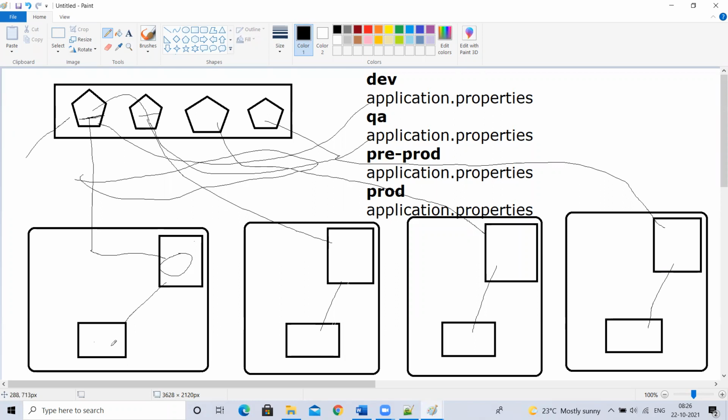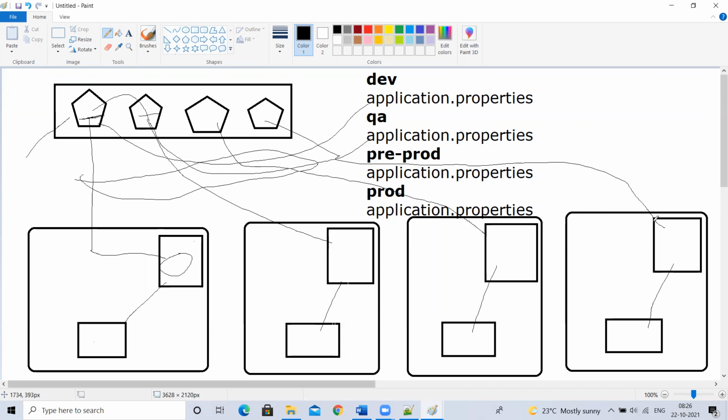Again, they deploy it here and test it. Once they are sure that the bug is fixed, again they'll move it to the QA server. Again we'll deploy it here and testers will test it. Once the testing is done, we'll merge the code into some other branch and deploy it into another testing environment, pre-production. One more round of testing will be done here. Once the testing is done and all the bugs are fixed, if we are sure that the application is fine, then we'll merge it to the main branch or master branch.